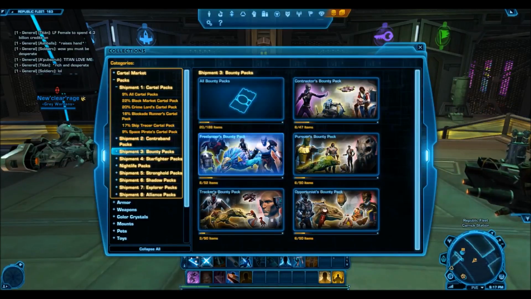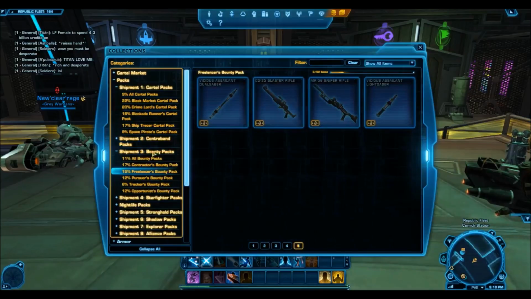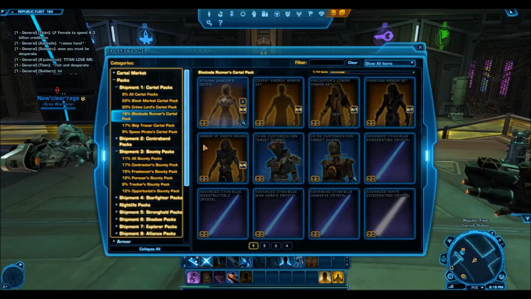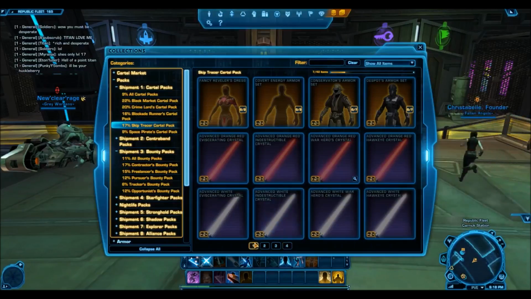If you go on to the other ones, you'll find that although it's flooded with items, it's not flooded with a ton of junk. It's got some pretty good items. But these are flooded with junk. I'll show you guys a Skip Tracer Cartel Pack as an example, because undoubtedly, in my mind, the Skip Tracer Cartel Pack is one of the worst cartel packs just in general on the cartel market. Whether you're trying to buy them for making credits or trying to get a unique item, they are one of the worst,